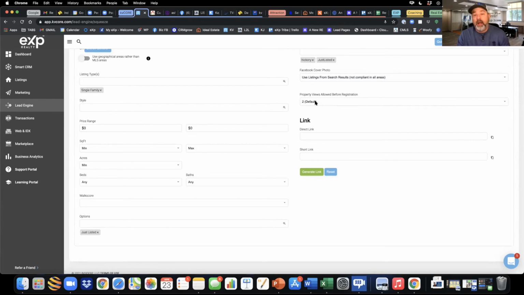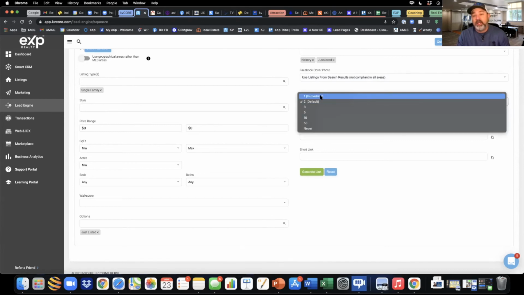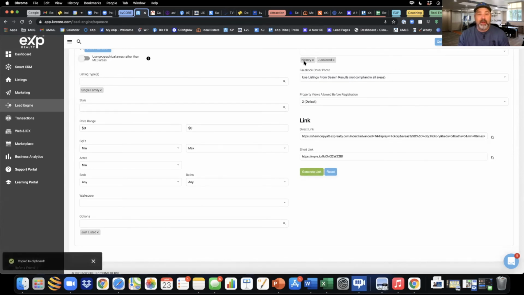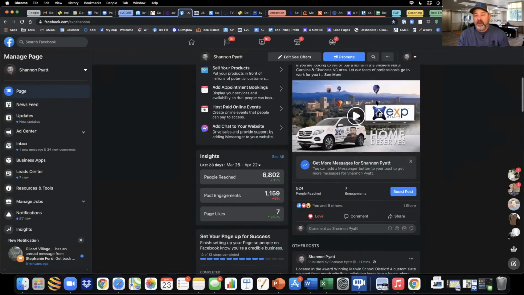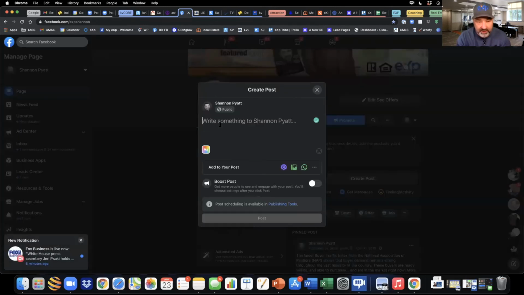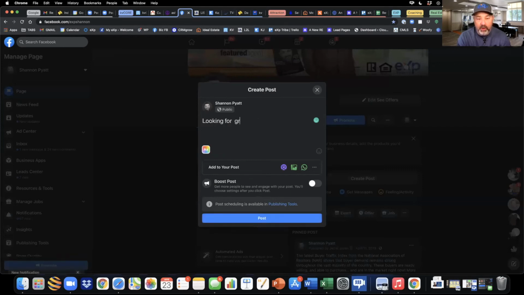Now you can set your default views here. You can do immediately, but I don't recommend that. I do 2 to 3, never go above 3 in my opinion. Then just generate that link. I'm going to copy that short link right here. And then I'm going to jump right back over to my Facebook business page, and I'm simply going to create the post. So here I would say something like, looking for a great home in Asheville,